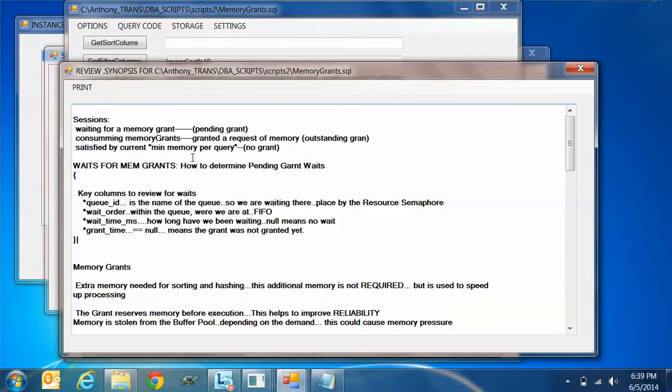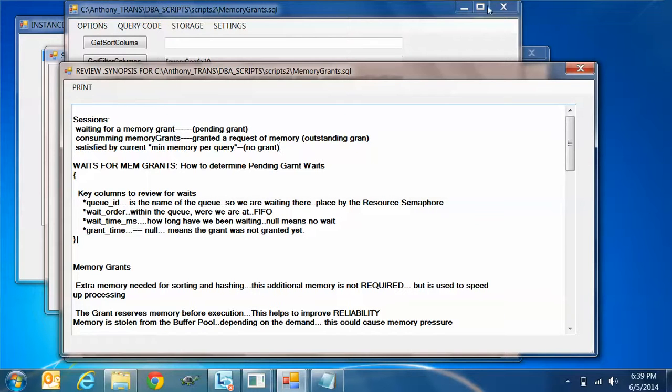Now, if it's waiting for a memory grant, these are the key columns to refer to in the memory grant DMV. The QID is the ID of the queue that's housing the request that's waiting for a memory grant. The wait order, that's the order of the item within the queue. The wait time in milliseconds, how long has it been waiting in the queue, and the grant time. The grant time equals null means that the grant was not granted yet. So those are just items to show that the request is waiting for that memory